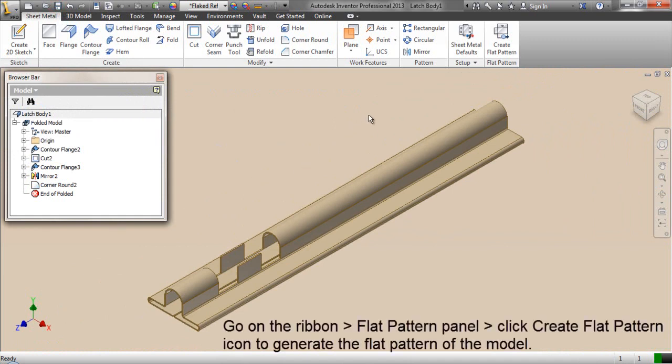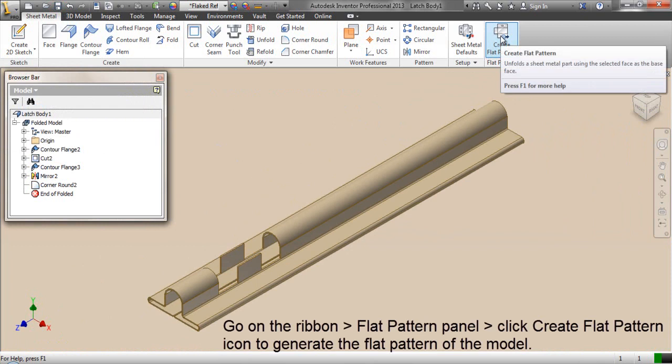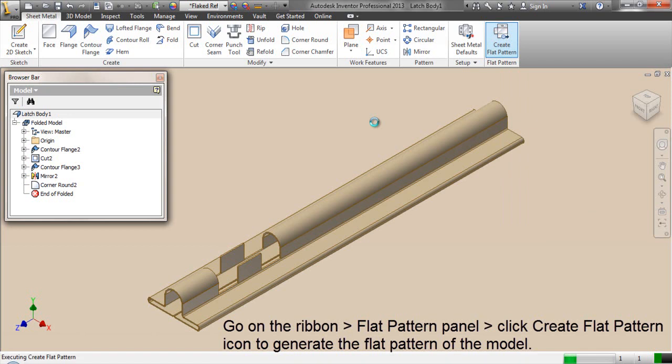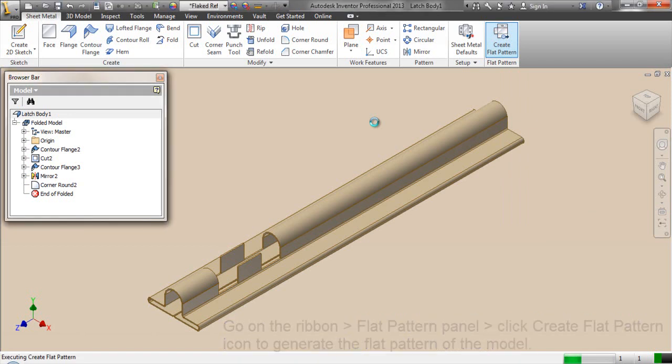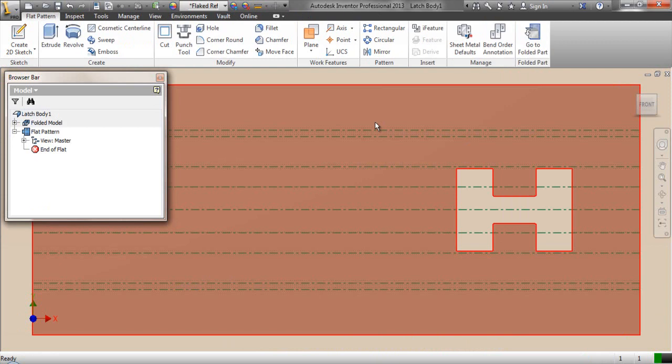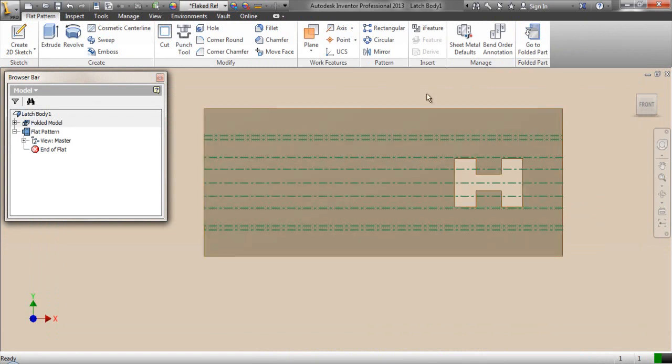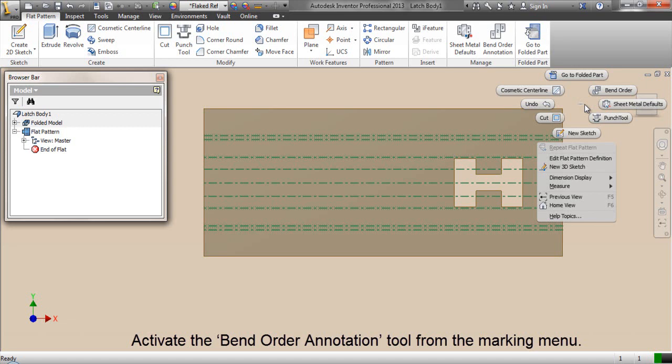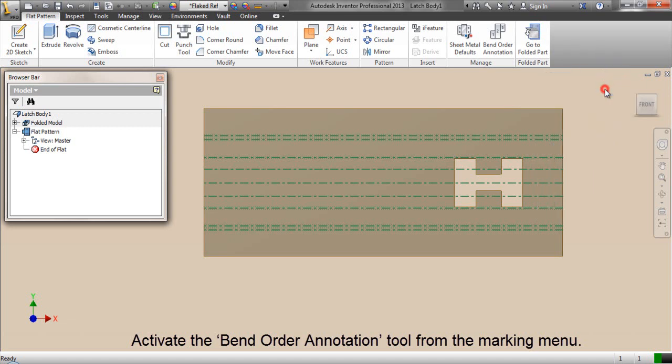Go on the ribbon, then Flat Pattern panel and click Create Flat Pattern icon to generate the flat pattern of the model. Activate the Bend Order Annotation tool from the marking menu.